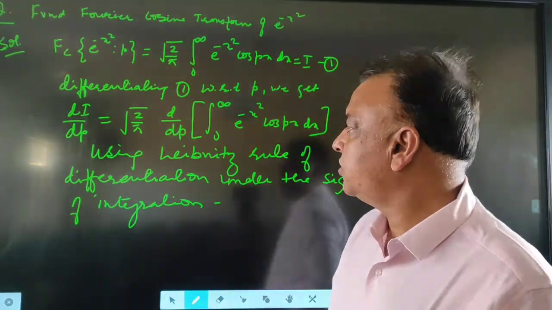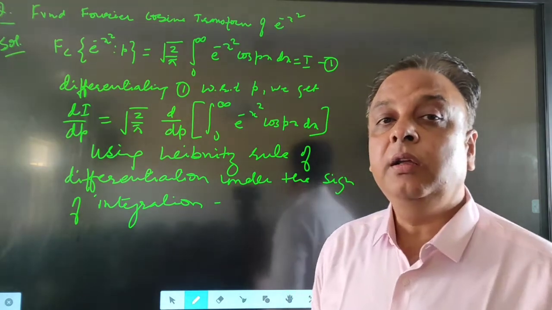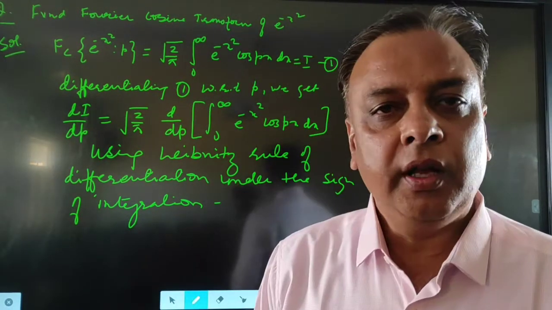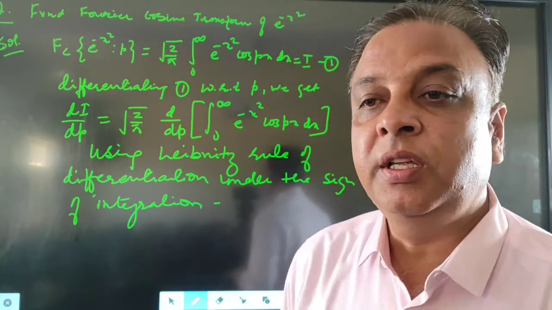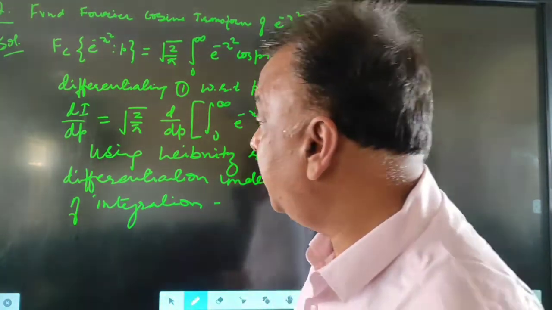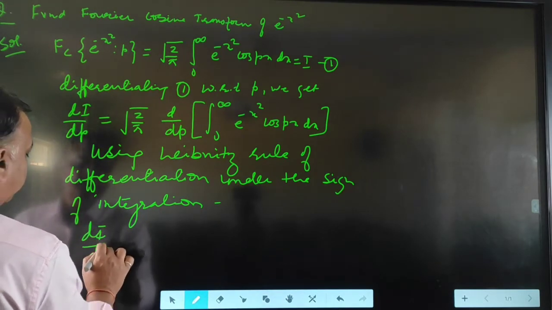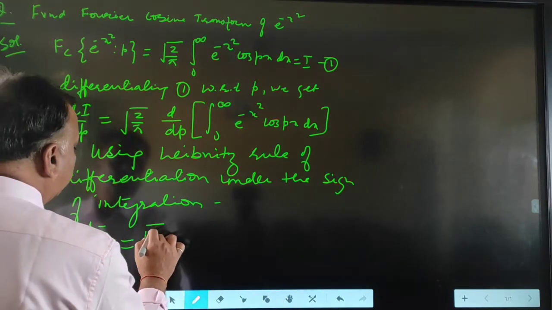If the limits are constants, then the ordinary differentiation, that is d by dp, converts into the partial differentiation under the sign of integration. So we get dI upon dp is equal to root 2 upon pi